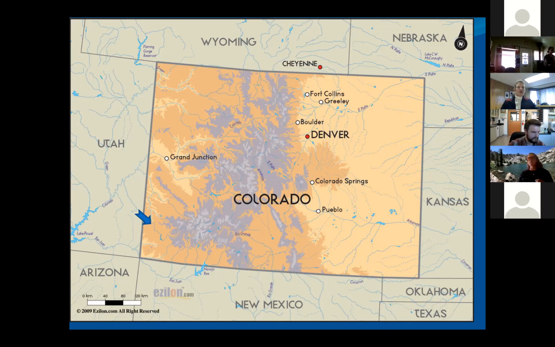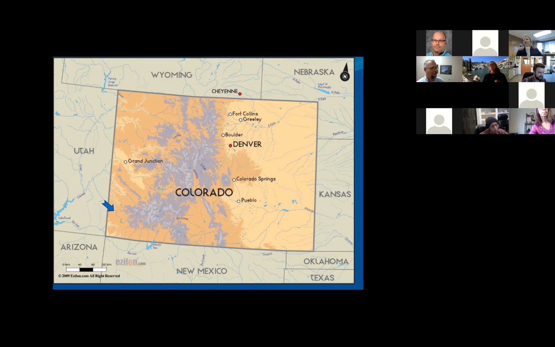A couple of other things I want you to note is you don't see any population dots very close to where that arrow is. We are very rural. That's a great thing in many ways. We don't have a lot of contamination, obviously, from other farms around us. We also don't have great transportation. We don't have a lot of other resources that maybe make some other seed companies a little bit more viable or a little bit more exposed to possibilities and opportunities.